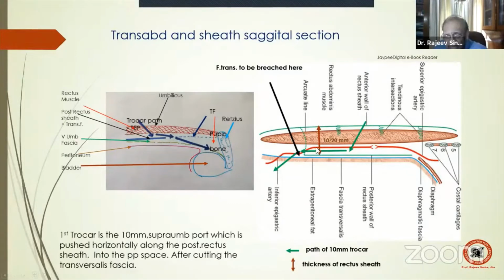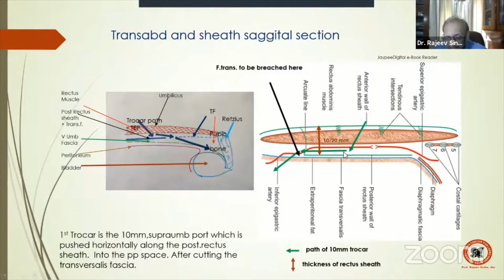And here you find the inferior epigastric artery. So you're going here, and this is an area. The inferior epigastric artery will stick to the rectus abdominis. Why? Because it is going to supply the rectus from below. So it sticks. So you are basically entering a plane below the inferior epigastric.